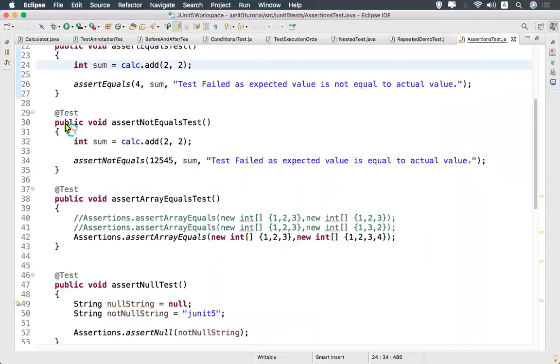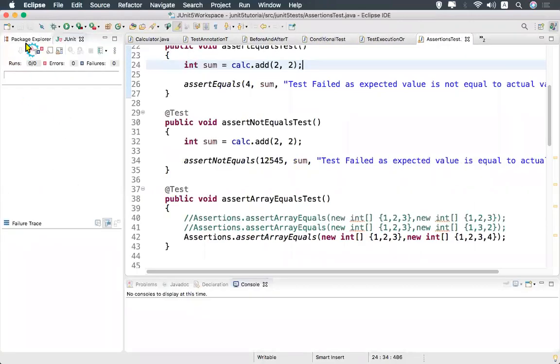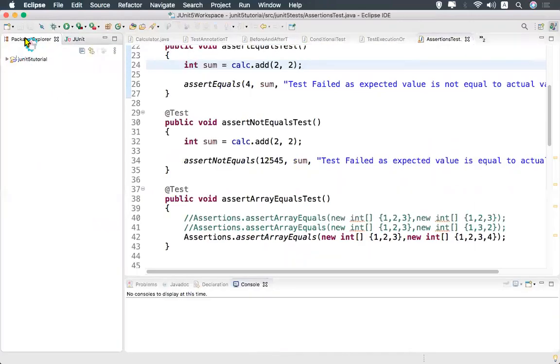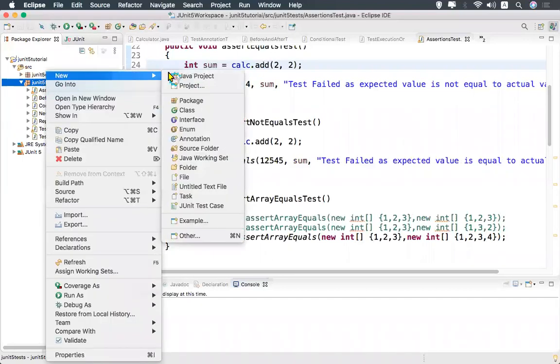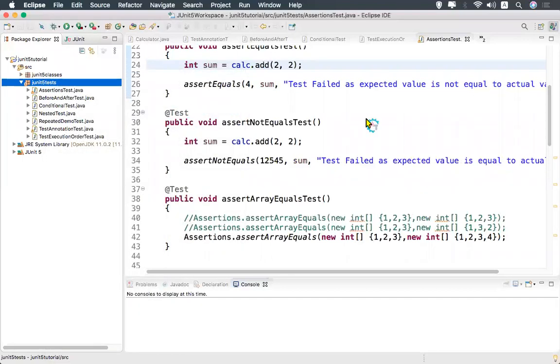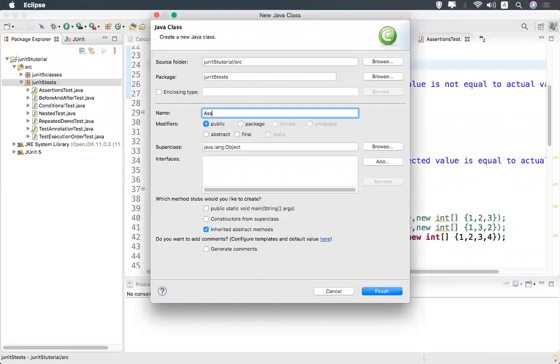So here I will create a class, in the same package, JUnit 5 test, which we were using. New class. I'll say assumptions test.